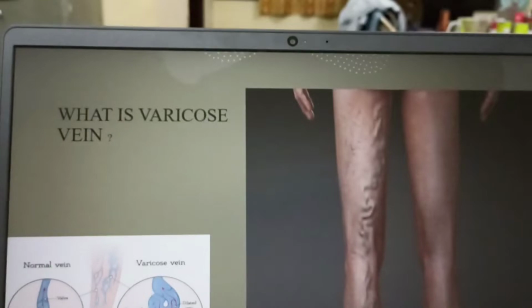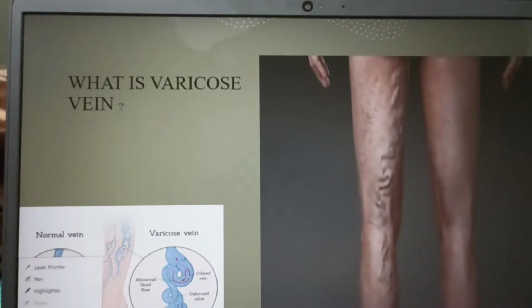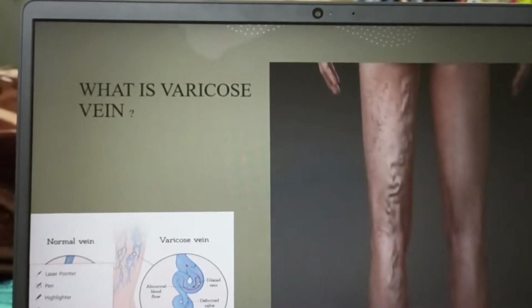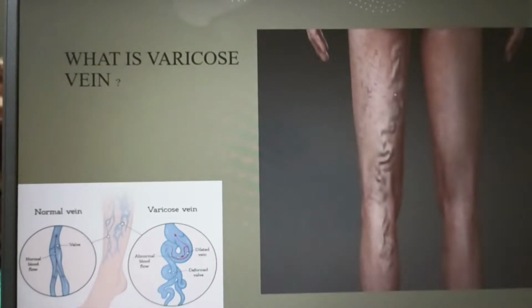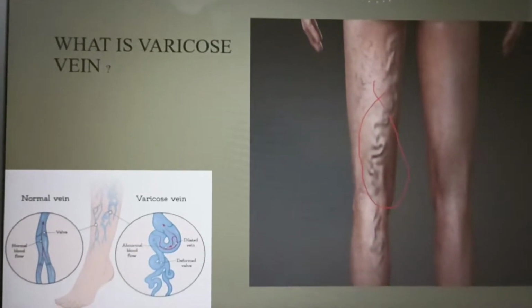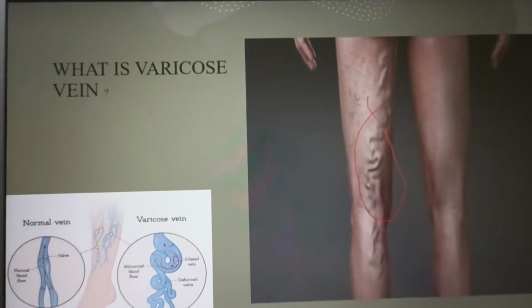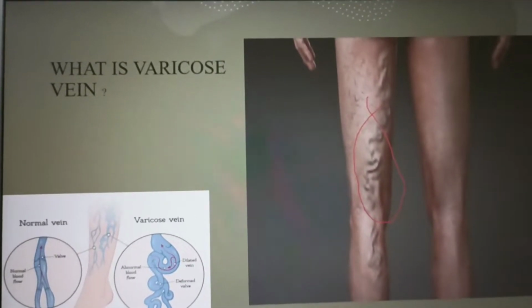The veins that are enlarged, twisted or engorged are known as varicose veins. As you can see here on the screen, we have provided a picture of the varicose veins. These enlarged, twisted and engorged veins are called varicose veins, and this is also called varicosities. Varicose veins can develop in any part of the body, but most commonly appear in the legs and the